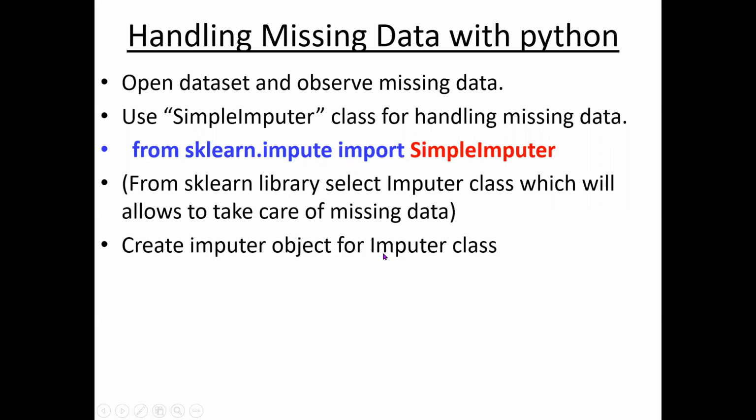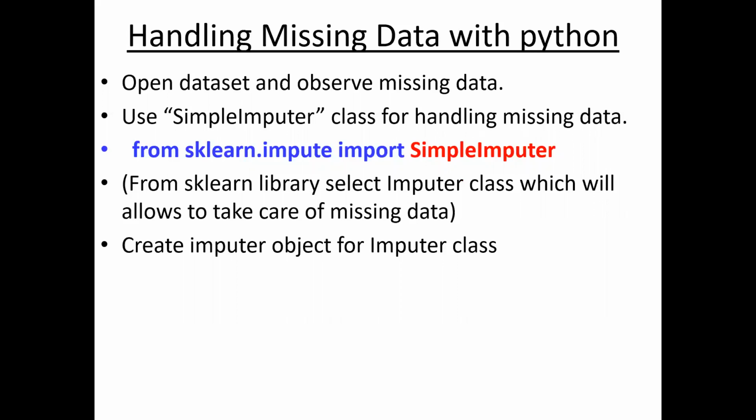Now, after this, create an object for this imputer class. This is the SimpleImputer class. For this, you need to create an object. See, this syntax is the same in every Python class, even for using our machine learning algorithms, like linear regression, polynomial regression, logistic regression. Whatever the algorithm may be, we are using the same syntax. First, you need to create an object, and after that, you fit that object to your data. At the first stage, you may feel some difficulty, but we are doing it again and again.